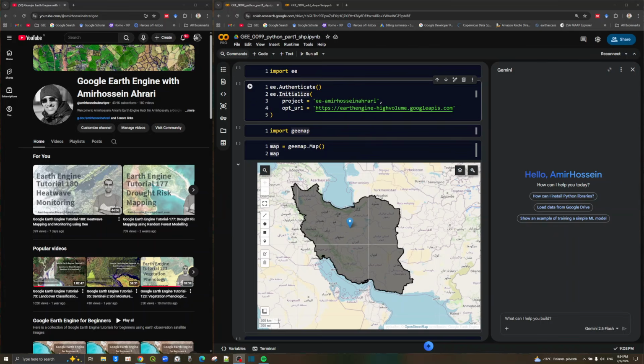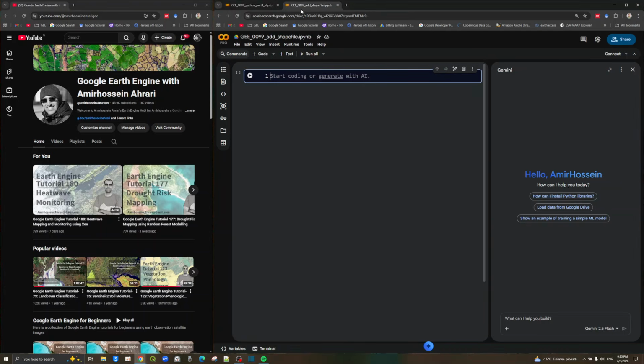In this tutorial, I'm going to show you how to use the shapefile to set the study area in the Earth Engine Python API programming. If you want to know how to do this procedure from scratch, let's make a new Colab notebook environment in the Colab platform. So, in the first step, we need to call essential libraries necessary to deal with the Earth Engine here. So I'm starting with